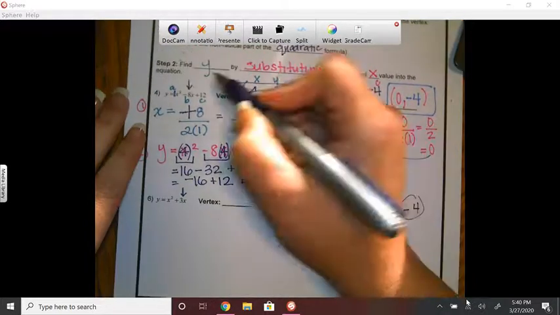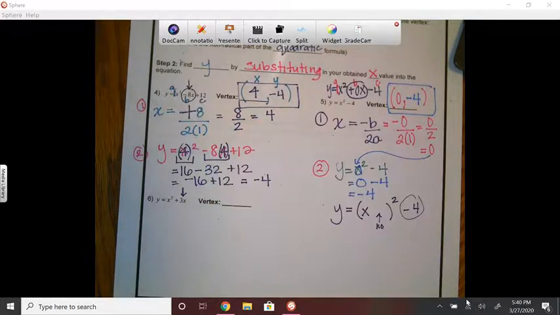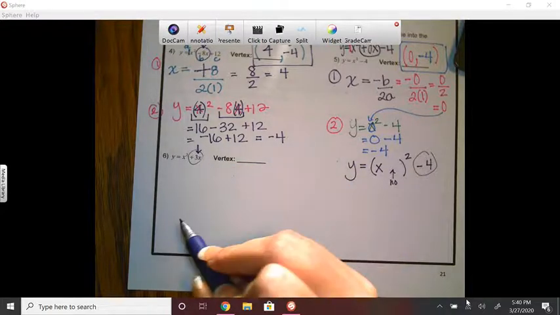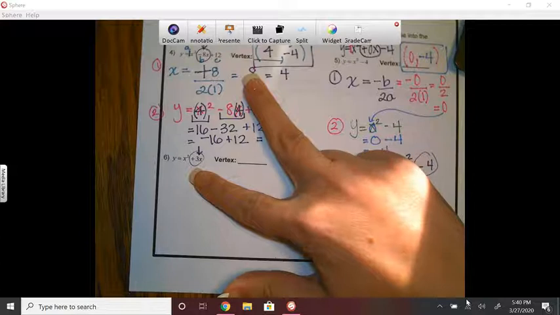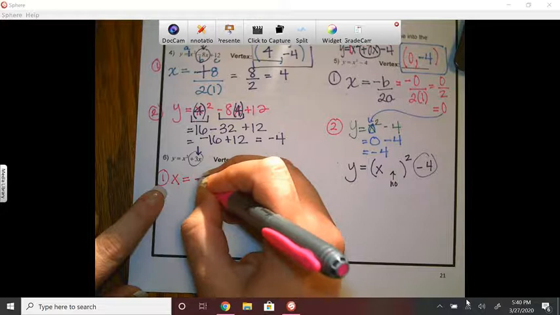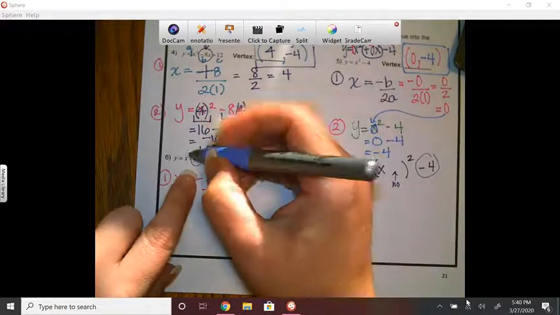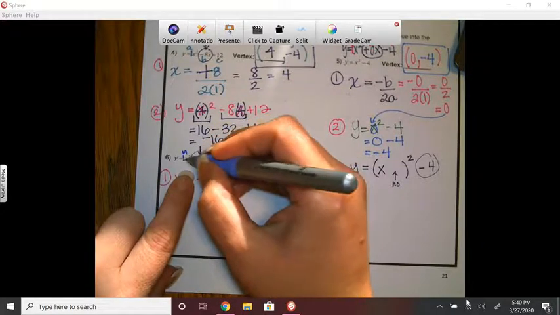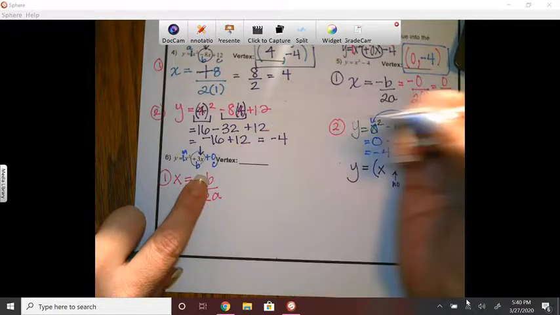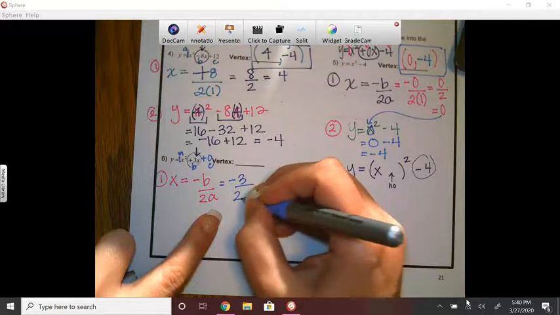Okay, so we only have to show work when there is an x term. For example, like this problem here, we can't just look at it and identify the vertex. We have to do work on these 2 problems. All right, so let's go ahead and find x. We're going to do -b over 2a. Remember, a is the number in front of x squared, b is the number in front of x, and c is the constant. In this case, there is not one, it's 0. So we would have -b over 2a,